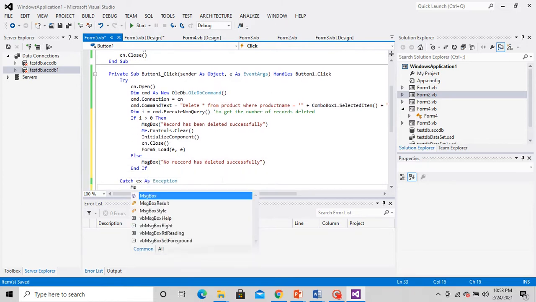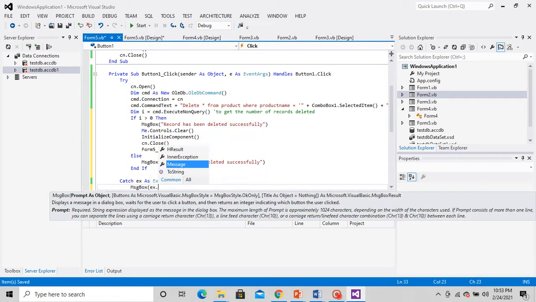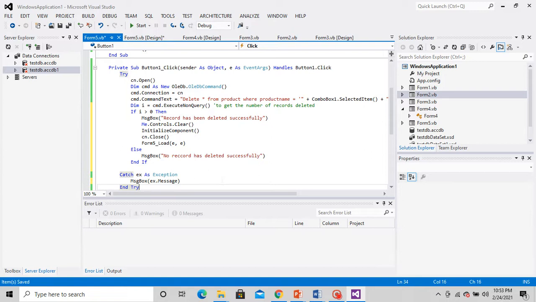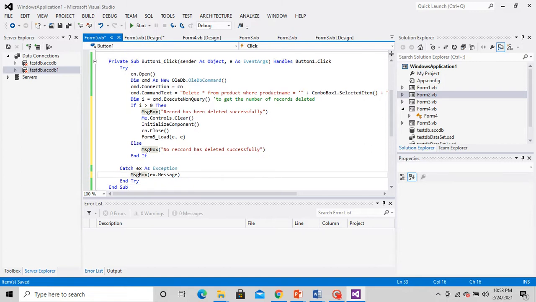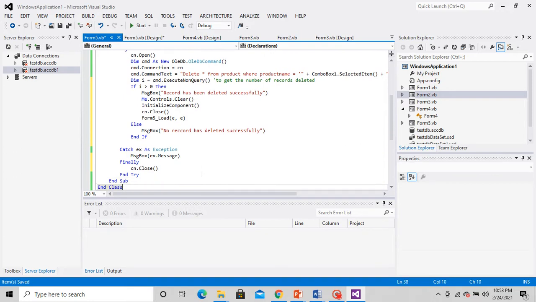Fine, students, I hope it is clear now. If any exception occurs, it should pop up in a message box. Then ultimately in the finally, I am again writing the close part. Now, let us run and see once.